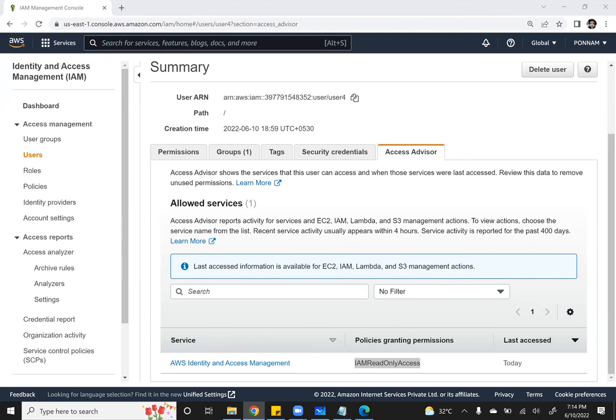So on the left, you have to go to the CloudWatch service. Okay, before that, you have to go to link preferences and you have to enable the checkbox. Otherwise, you cannot see it. You have to enable the checkbox. Go to the IAM dashboard. On the dashboard, right side, you can see the